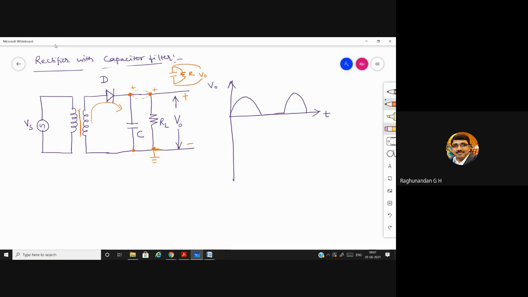Are they same? No, sir. Common line. Everything is connected to ground. So this point and this point are also the same. Now you tell me what will be the voltage across this point? V naught. Very good. If the voltage across this point and this point is V naught, obviously this point also will have V naught. That means whatever current is being passed through the diode is being experienced at this particular point.